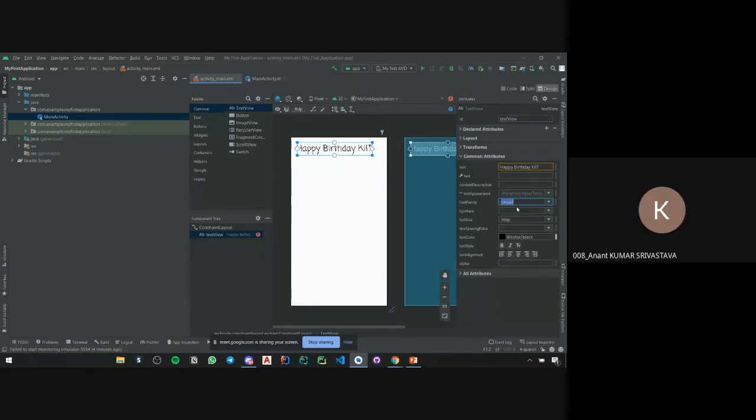Bhaiya, the DP option is not coming in text size. Yes, I told you that only in text size we use SP, which is scalable pixels. Okay. Yeah, so then, bhaiya, excuse me, how many pixels do we have to choose, you said. You can choose upon yourself, but I have chosen 36. Bhaiya, in text size we use SP, and where do we use DP? It's used in other places. When I come to it, I'll tell you. Okay.